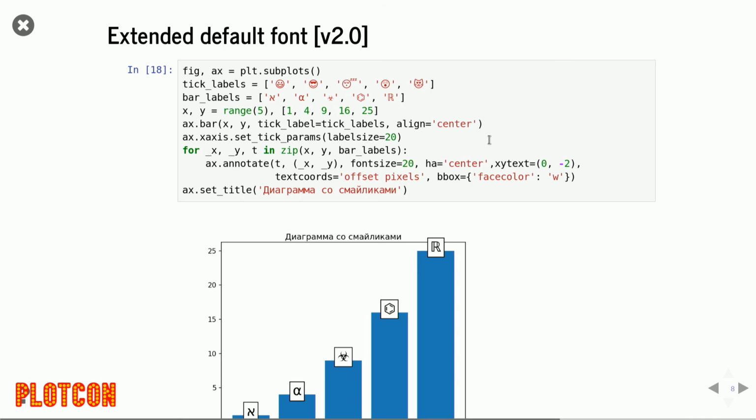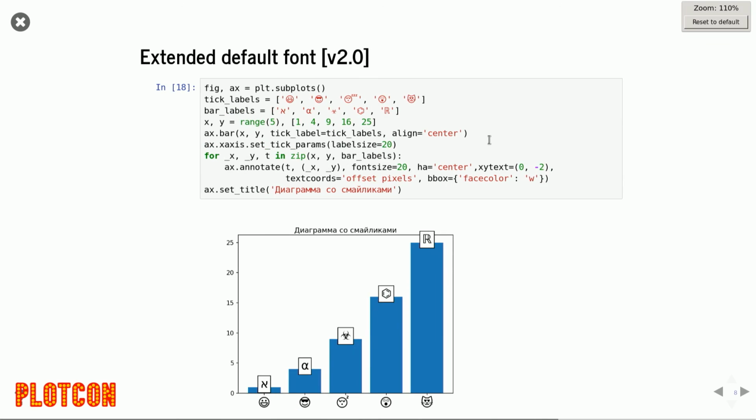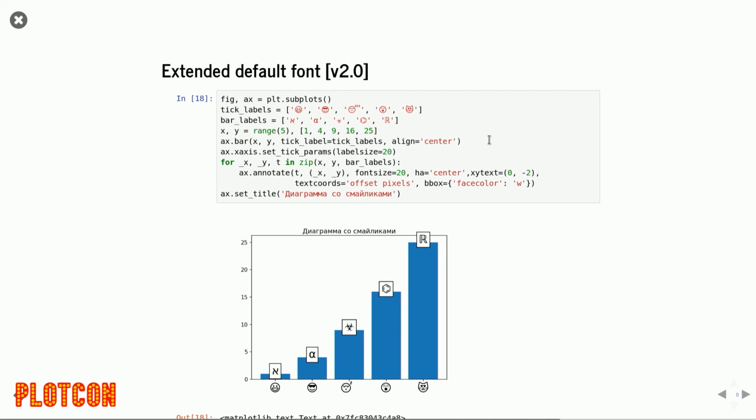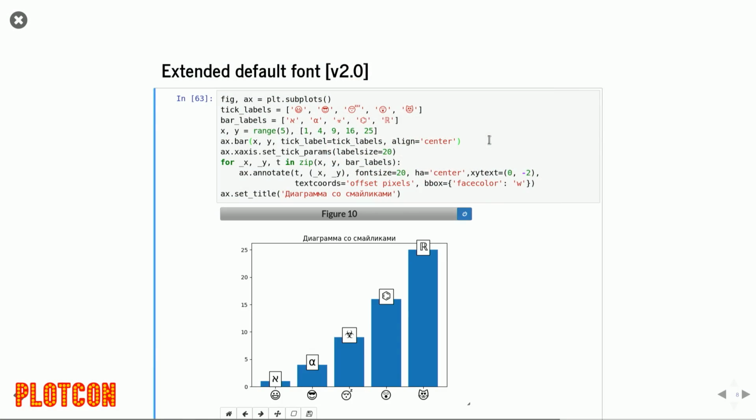So one of the persistent support requests we get is how to get non-ASCII text into plots. For instance, if you or anyone you know works in Cyrillic, this can be painful. Our default font for 2.0 is a much larger font. It contains almost all of the Western alphabets,